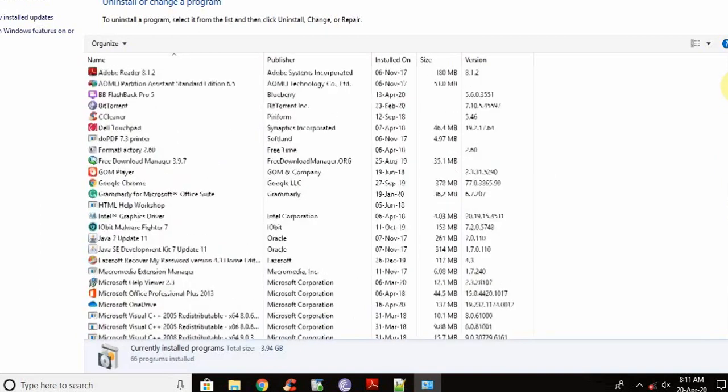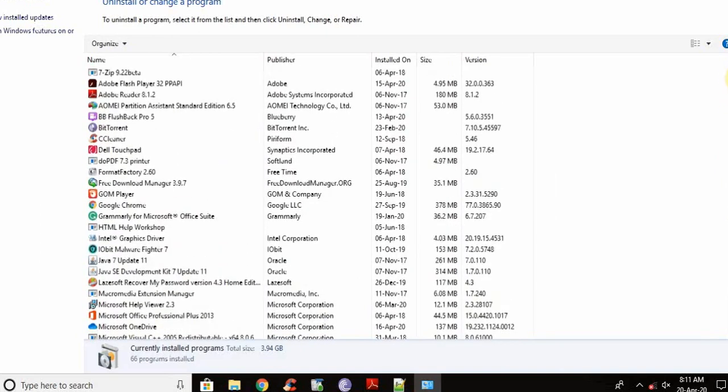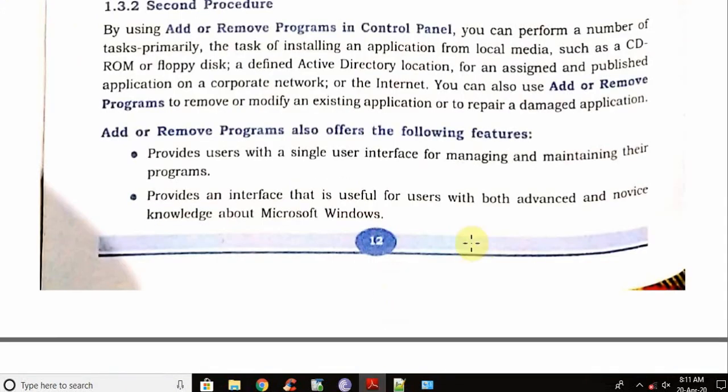Now this is a demonstration purpose, so I am not showing you all the programs. You can see here like 66 programs are installed. Around 20-25 programs I have hidden because of security purpose. Now go to our original file. So we have done this.